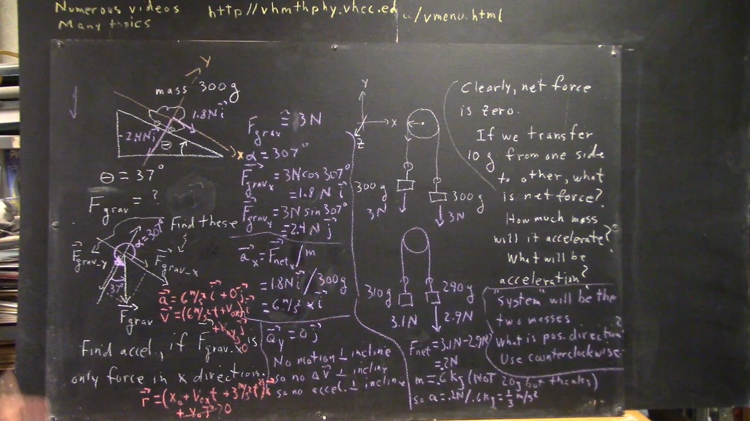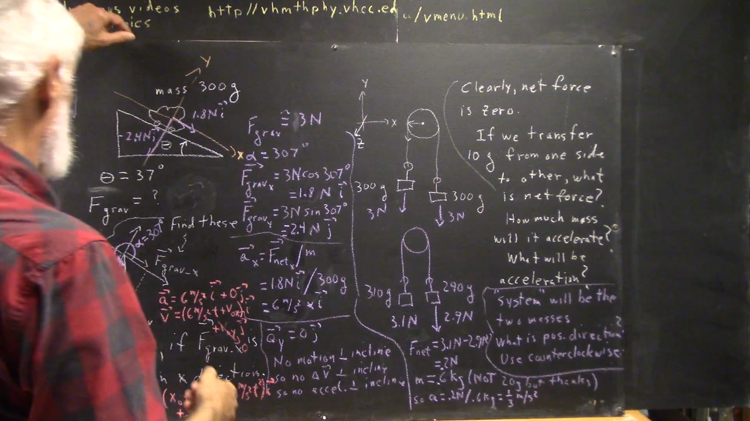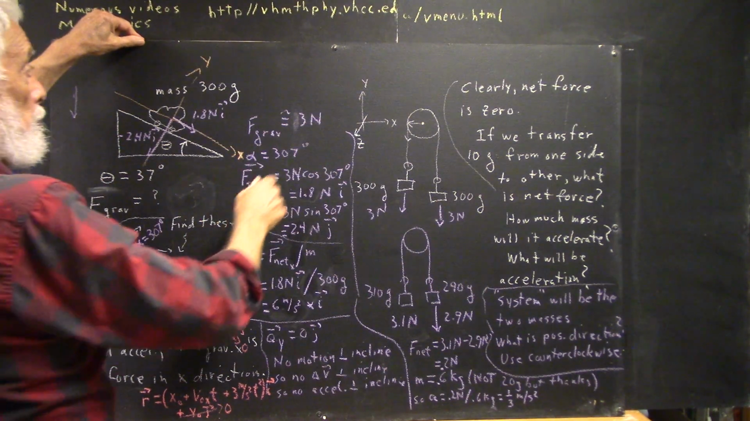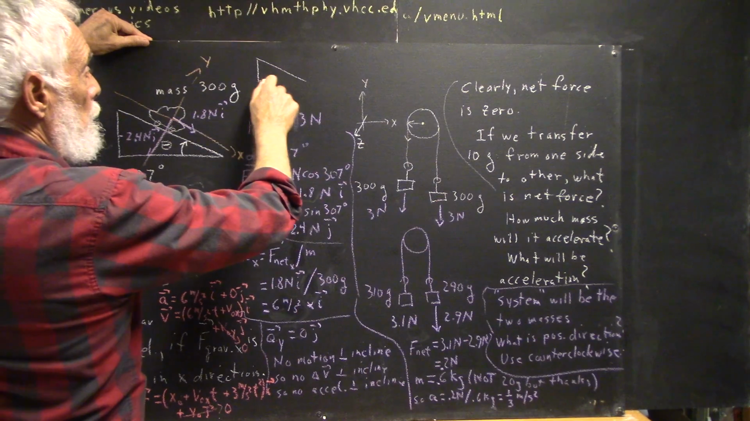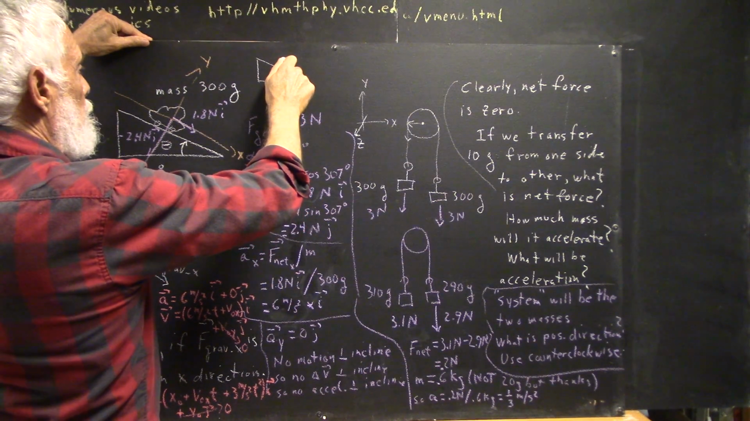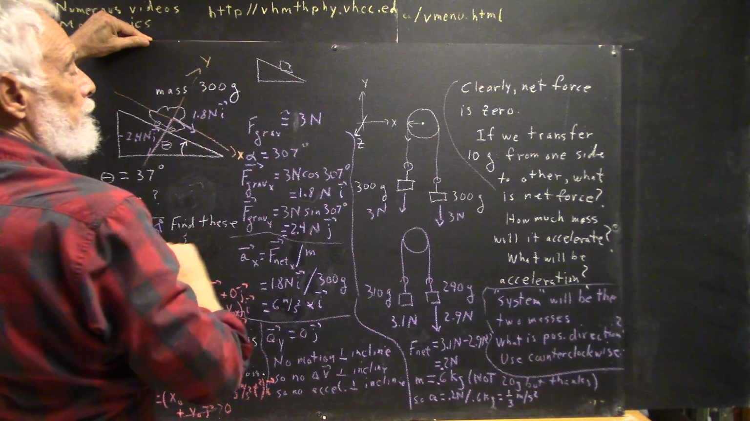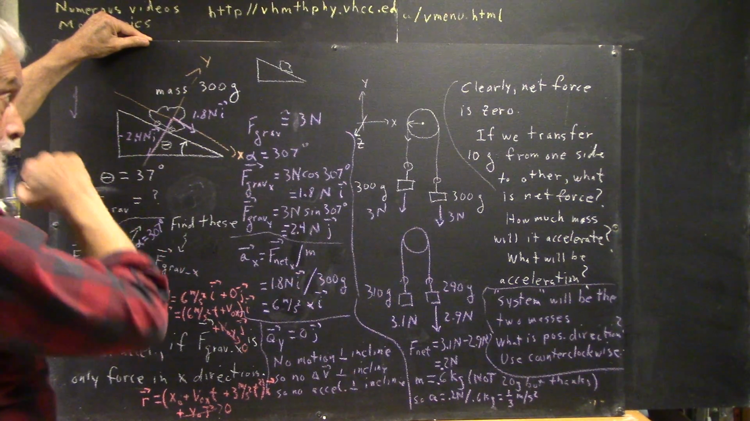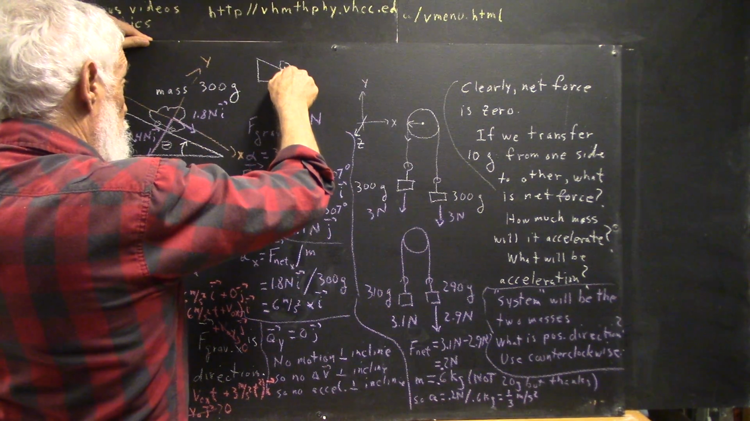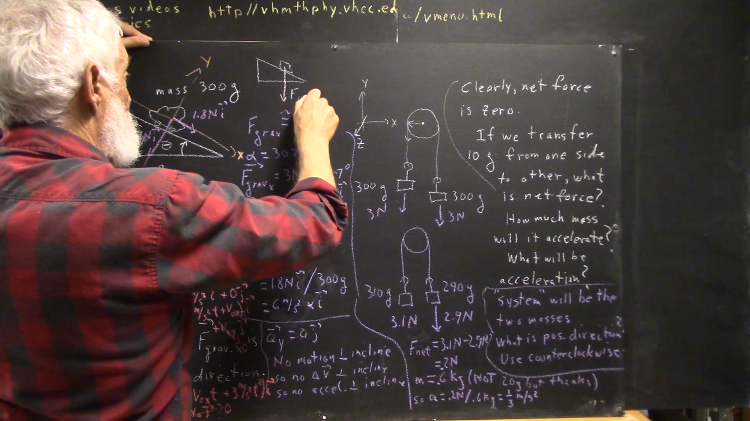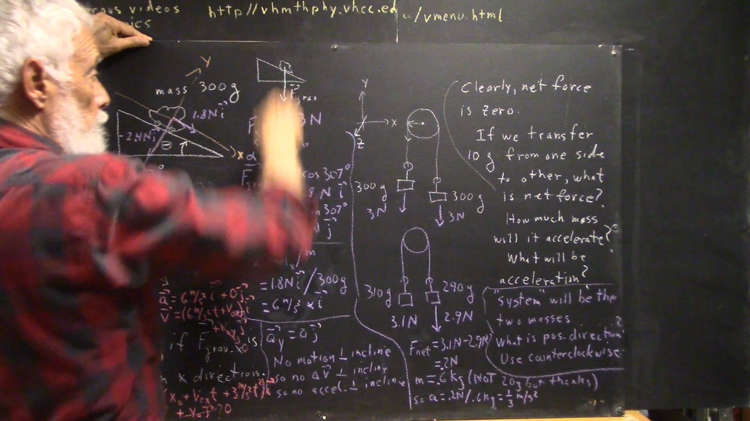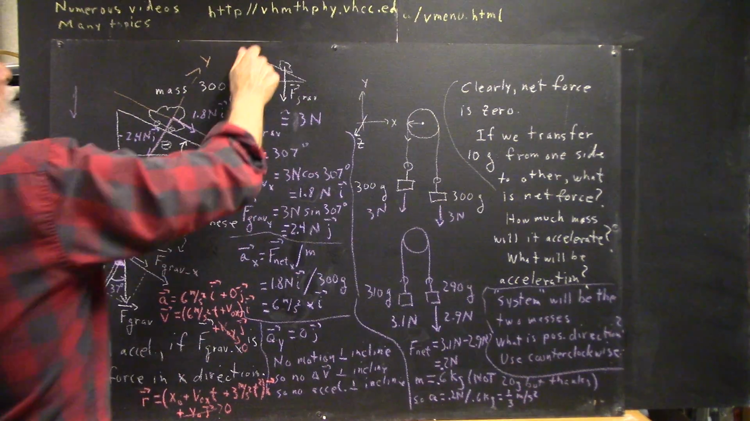In our first problem, we had a 300 gram mass on an incline of 37 degrees. Now, I'm just going to draw a small schematic of the way we would start. We would take whatever it is that represents our mass and put it on the incline. And one thing we know is we have the force of gravity acting vertically downward. The decision we have to make,